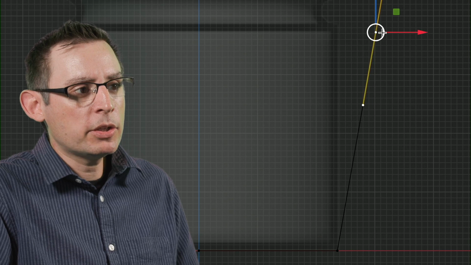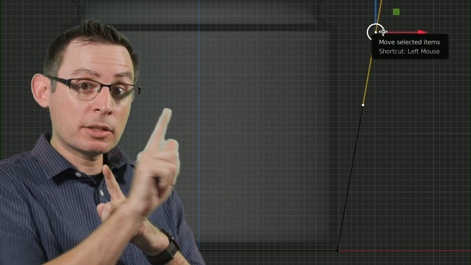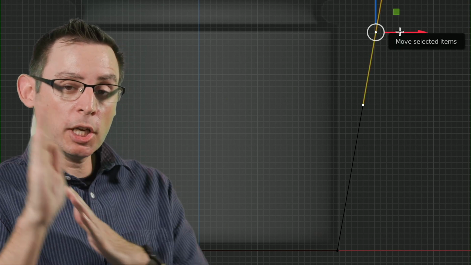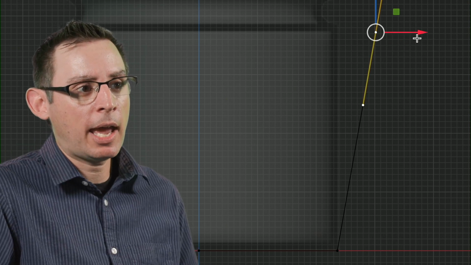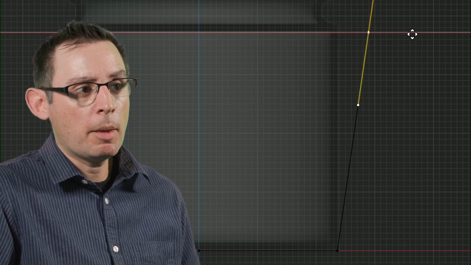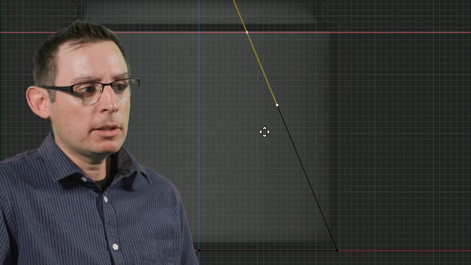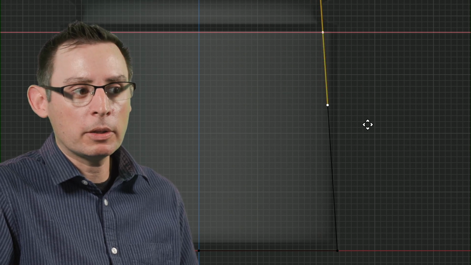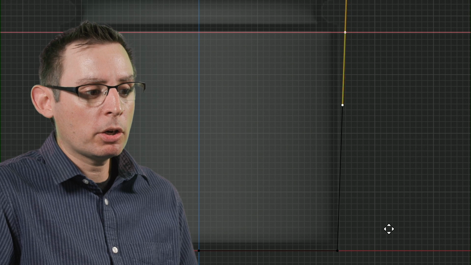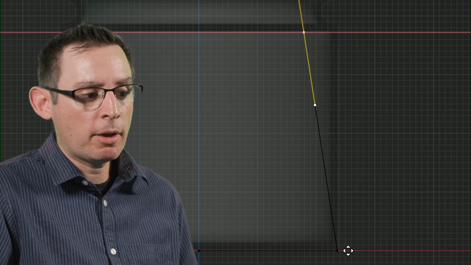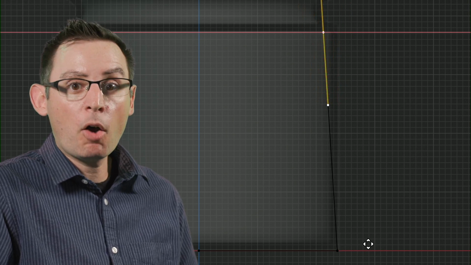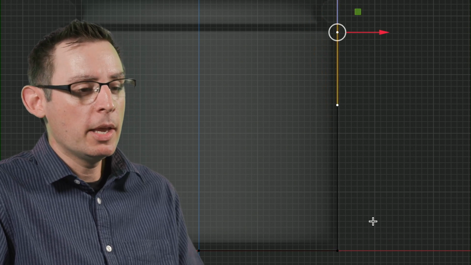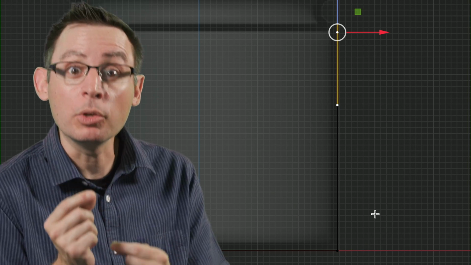I want to have this control point, just its X location, be snapped to its friend down over here. I want it to share its exact same location in the X axis. So I'm going to grab the arrow, and because I got my vertex snap on, it doesn't matter where I put my cursor up and down. It's only ever going to move that point along the X axis, which frees my mouse cursor to move down to this point over here. And the moment I hover my cursor on that point, boom, it snaps, which is pretty cool. So we've constrained the snap to a singular axis.